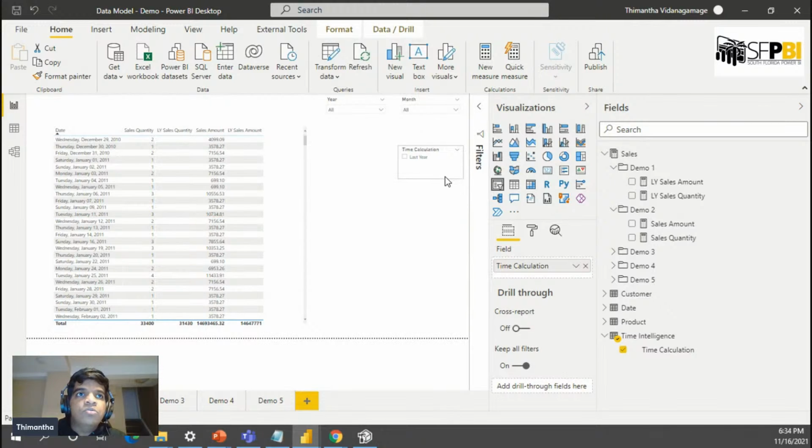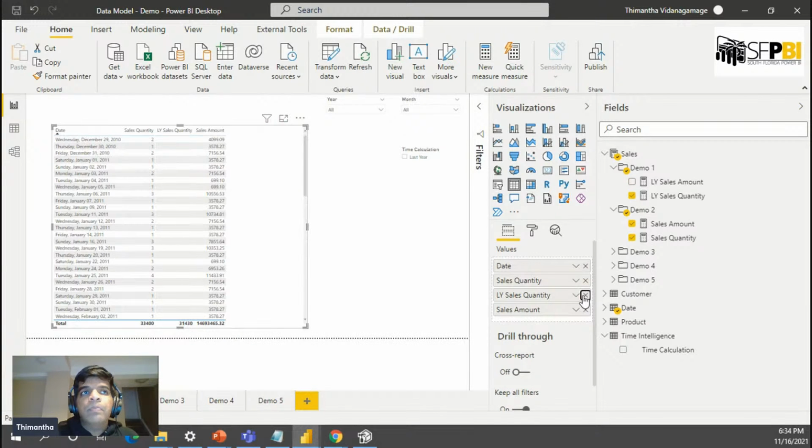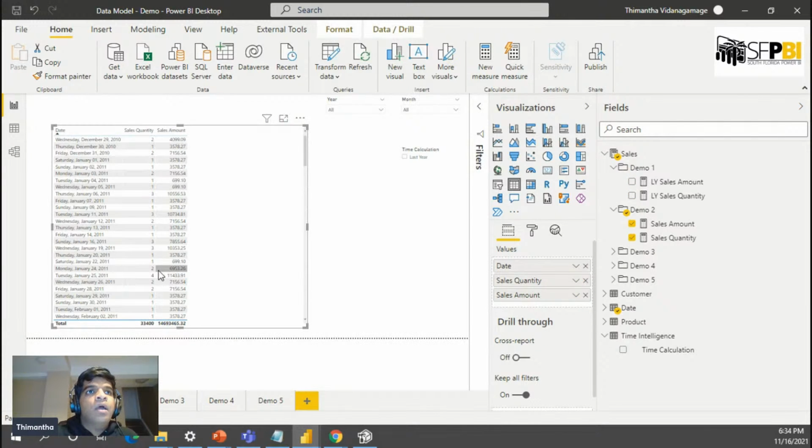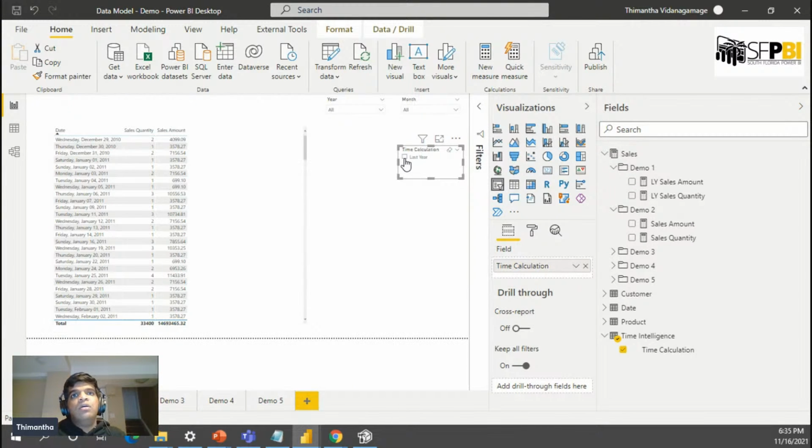So all you need to do at this stage is basically head into the model, and you don't need to have separate measures in here anymore. So what I'll do is remove that, and you would be able to see the base measure. And once you click on the respective cells,